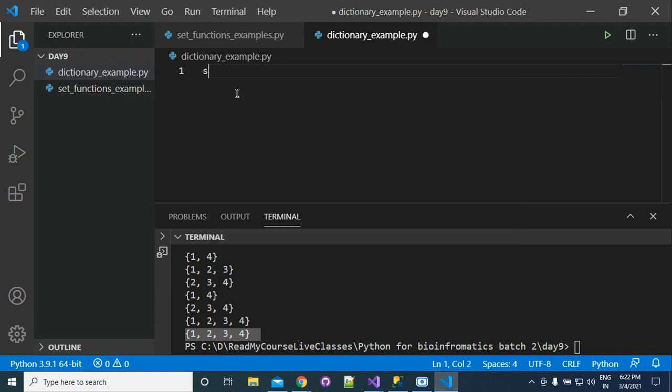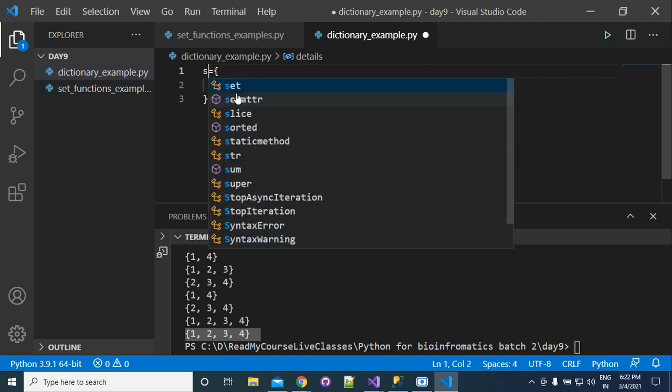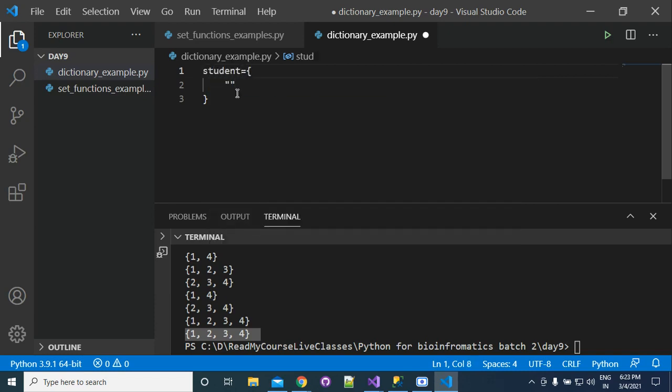Suppose we have a dictionary, details, or you can say student details. In this student details, we have the information name, and the value of name is Anand.